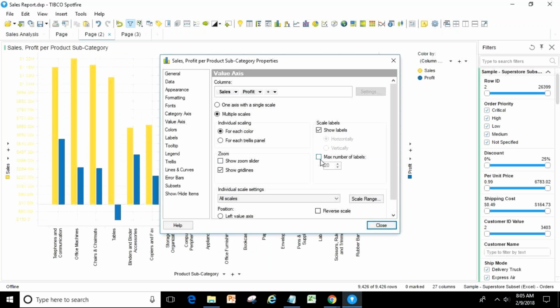Again, maximum number of labels. How many labels do you want to show on your y-axis? Here, these are called labels. So maximum 20, and here it falls under 20 only. That's the reason all are coming. If you reduce this, you see labels are going smaller, meaning lesser. You can increase the range more and more. But even if I increase it, it's not increasing, because that many labels are not there.